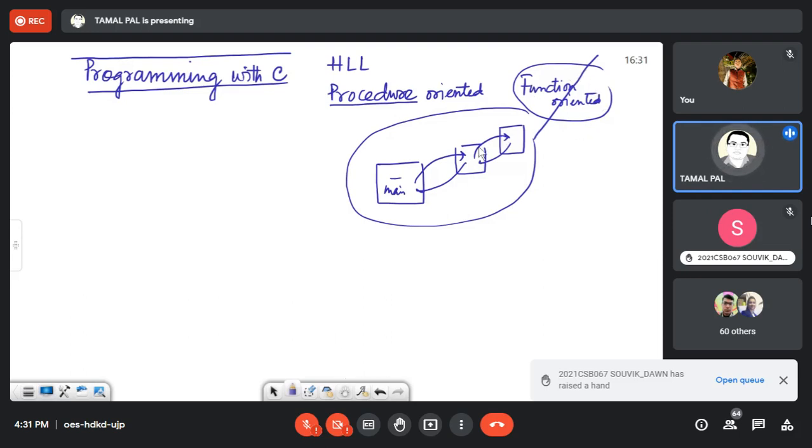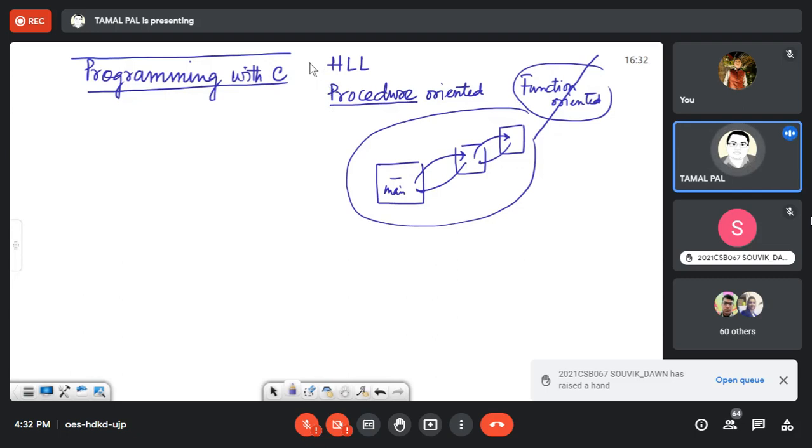So that's why we don't call it function oriented, it is procedure oriented, but also you will find this term in some books. In your first year you will not make any mistake if you write function oriented in place of procedure oriented. But if you are a computer science student studying in third year or fourth year, if you make this type of mistake, this will be a serious one. Okay, whatever.